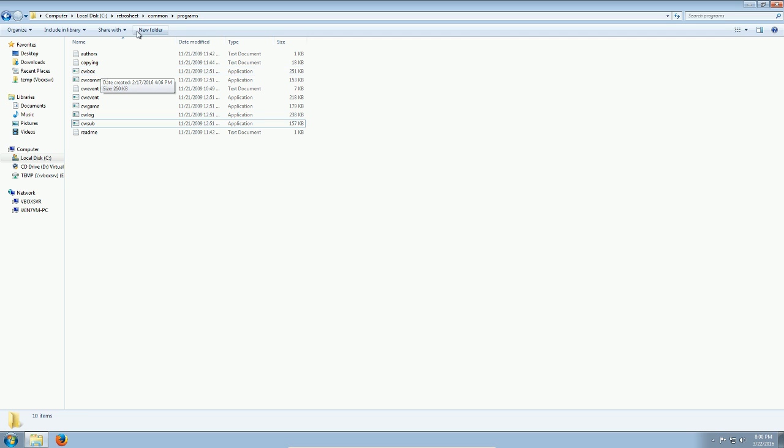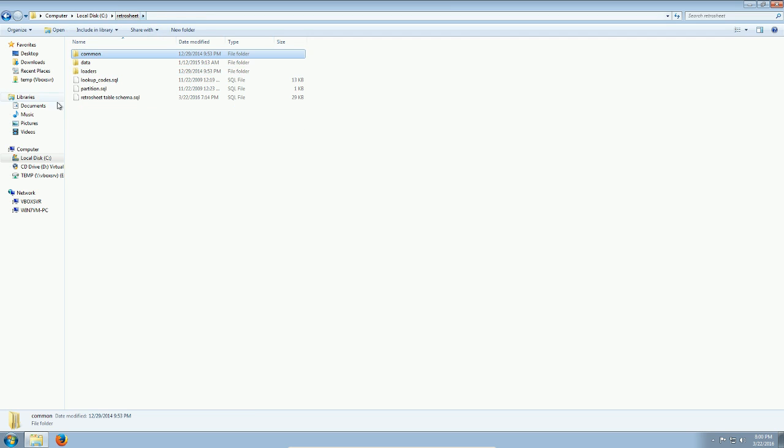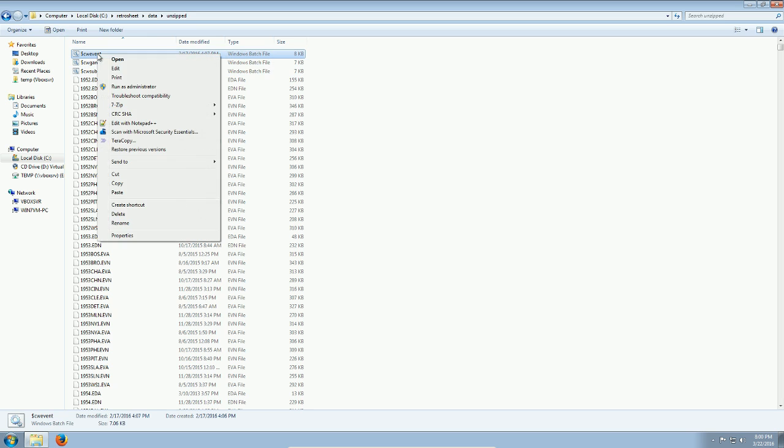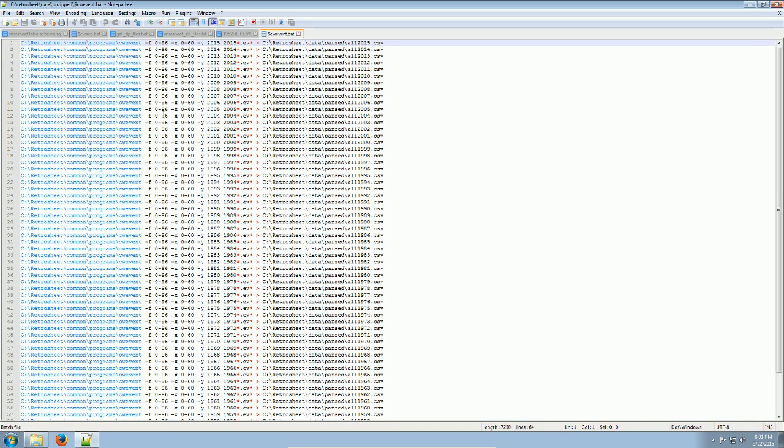import them into databases. So if we go back, I kind of got off on a tangent there, sorry about that, but if we go back here to the data folder and then the unzipped folder, you'll see these three more batch files, CW event, CW game, CW sub. And I already went over this in part 1, but again, just a refresher, if I edit this file, you'll see that it's another batch file and it's saying, hey, use this CW event program, this Chadwick program,